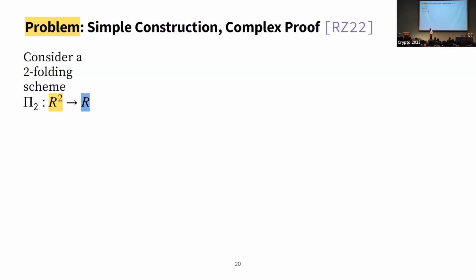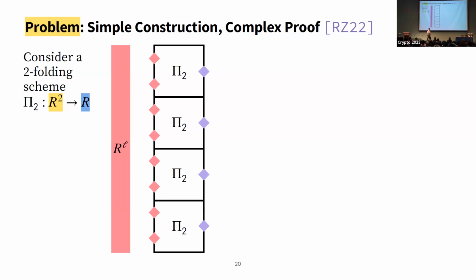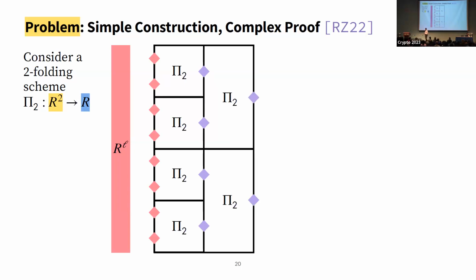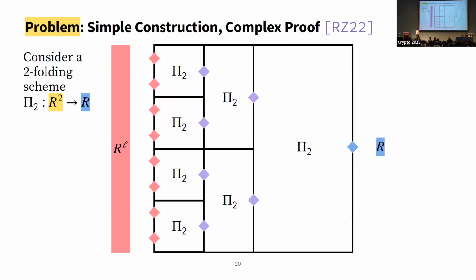So specifically, suppose the prover and the verifier are presented with L instances to be checked. Well, what they could do is they could just run this two-folding scheme for each pair of instances to reduce down to L over 2 instances to be checked. They can repeat this again to reduce down to L over 4, and they can keep doing this and reduce all the way down into checking just a single instance. And thus, in a tree-like fashion, we've taken a two-folding scheme and bootstrapped it up to build an L folding